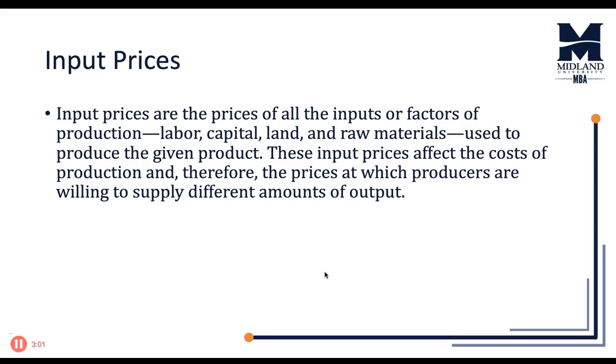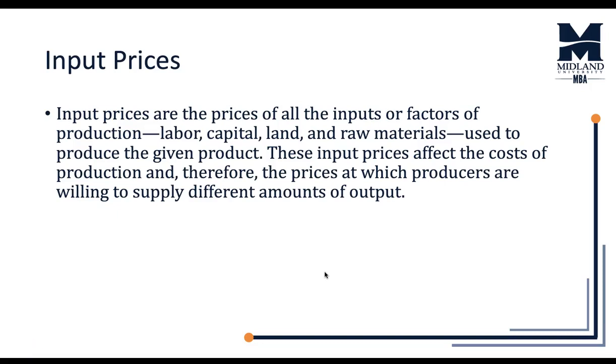What else could affect the quantity supplied by a producer beyond prices? Input prices. So we should clarify here, the price that we are talking about when we were talking about demand and supply is the price of your final product in the market. Okay, if we go back to the pizza example, the price that we were talking about with demand and supply originally was the price of a slice of pizza in the market. Now input prices are the price of the materials or labor or any of these things that you use to make the product.